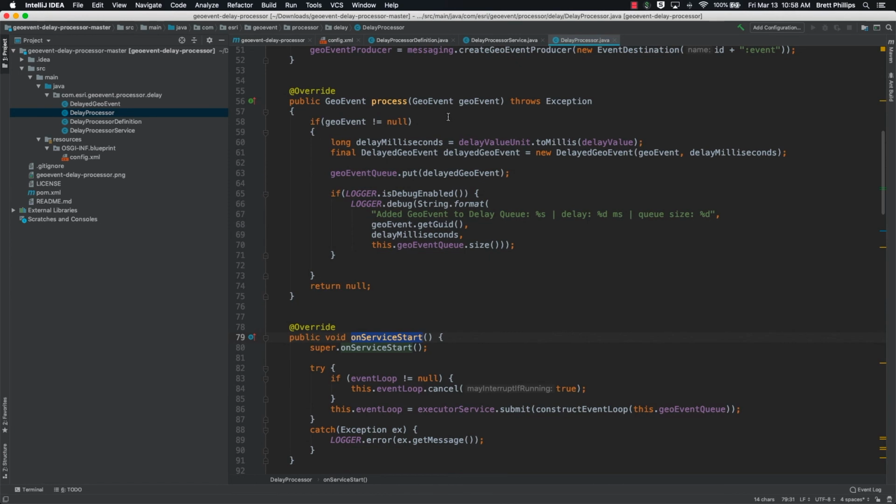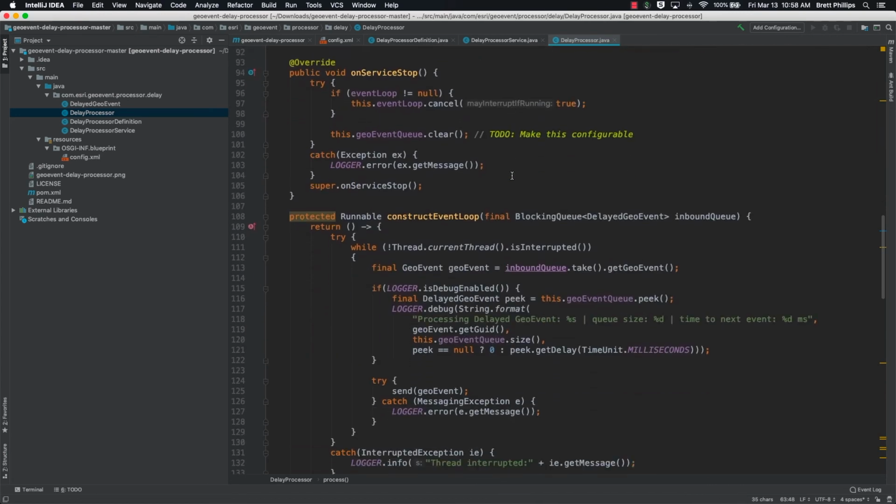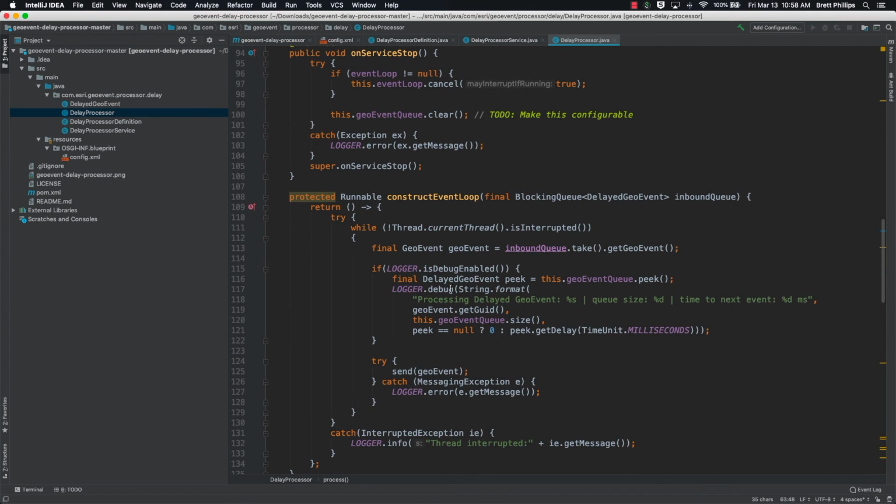Our process method will take in a GeoEvent object, take one of the user-defined properties, delay value, convert it to milliseconds based on the unit that the user provided, and then we'll create a delayed GeoEvent object, passing in the GeoEvent and how long to delay the processing. It will then put it into a GeoEvent queue, and once we're in this queue, we will wait until the specified time has gone by before we send that